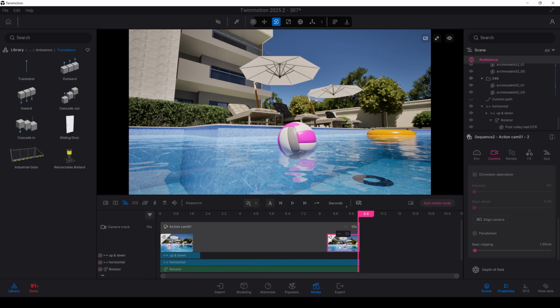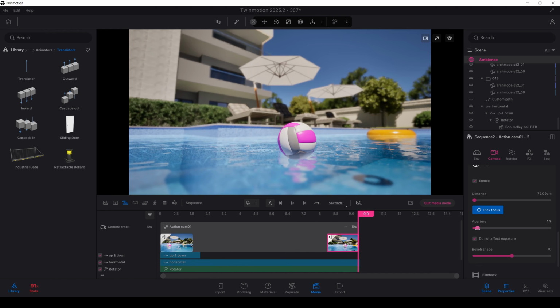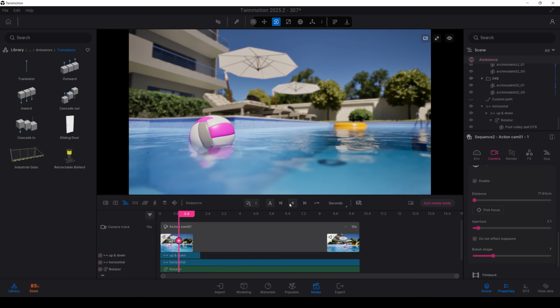Click this. And after that, depth of field, enable, pick focus, do not affect exposure, and change the aperture. That's it. Update. And let's hit the play to see what we have. And this was how you can make swimming pool